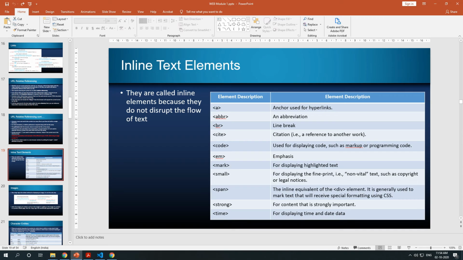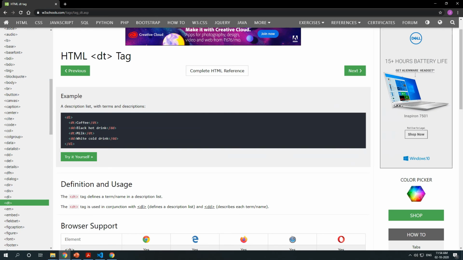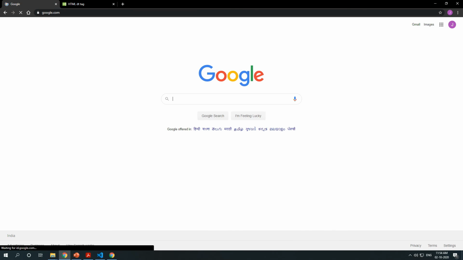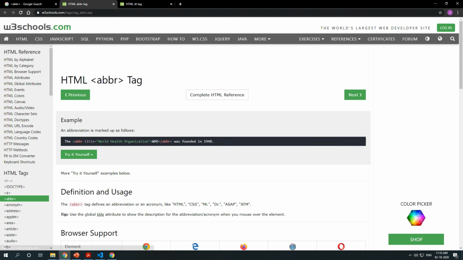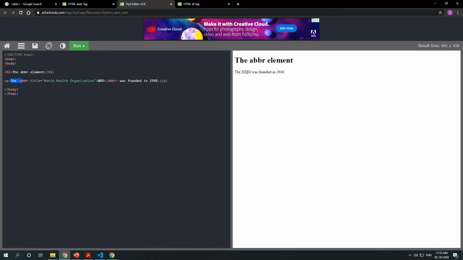Then abbreviations. Let me show you an example of the abbreviation tag; we have a very good example in W3Schools. Let me try this code. We have a paragraph, in that we have: The WHO was founded in 1948.